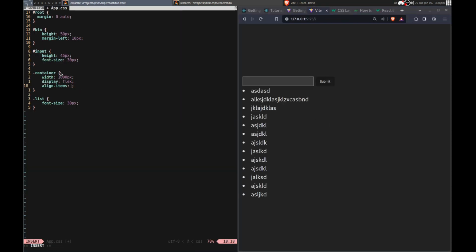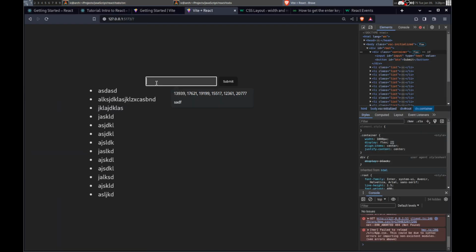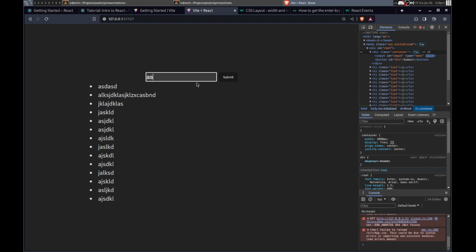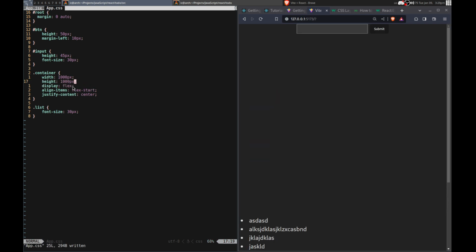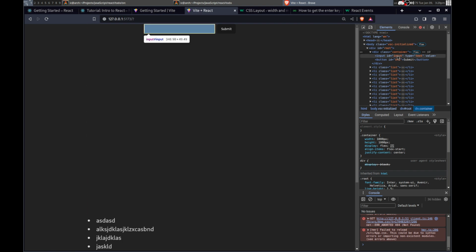Display, align items center. Okay, so that is centered. I want it to be at the top instead of that, so I need this to be flex start. But that is the top, so I need the height to be... okay. I'll make the height.